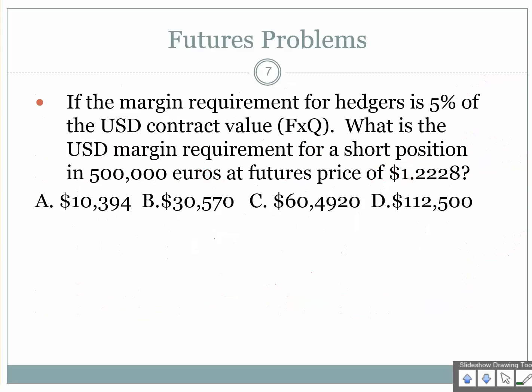Dell will have to post a margin for that position, right? The initial margin from previous lectures was the percent initial margin times the contract value, which is the quantity of the foreign exchange times the futures price of the foreign exchange. So if the initial margin percent is 5%,